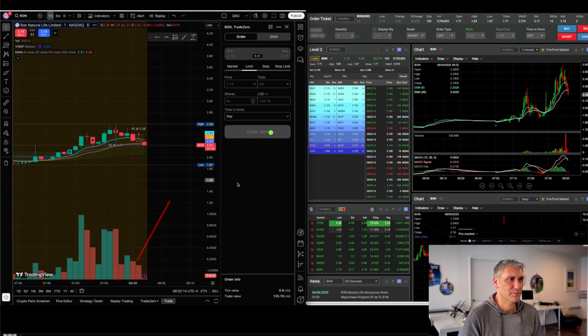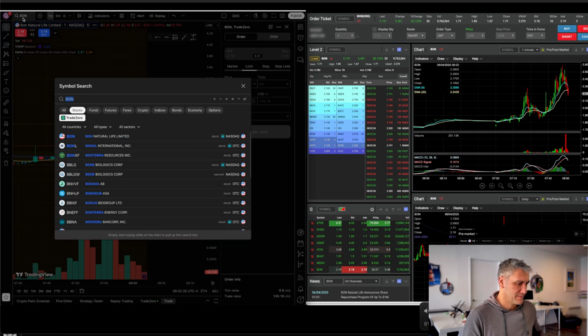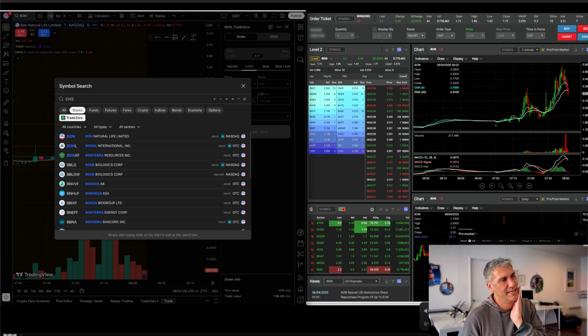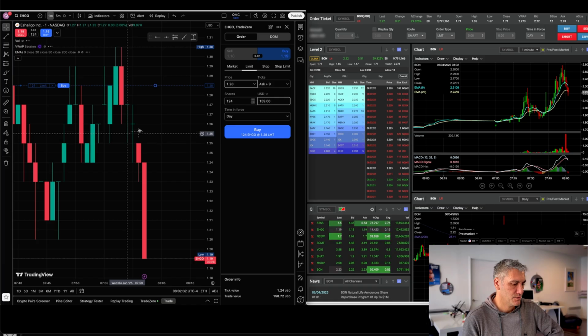I don't know why I pushed the send order button actually, because I was having it there waiting for it to dip and see where the dip went, and then I was going to push the buy button, but I don't know. And that was it. I didn't take any trades after that, although